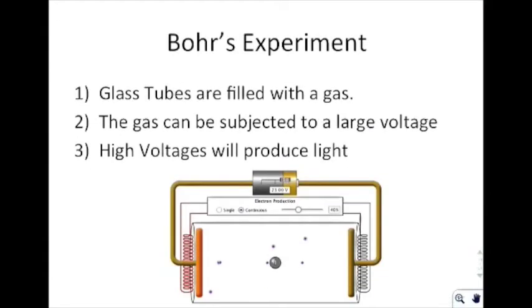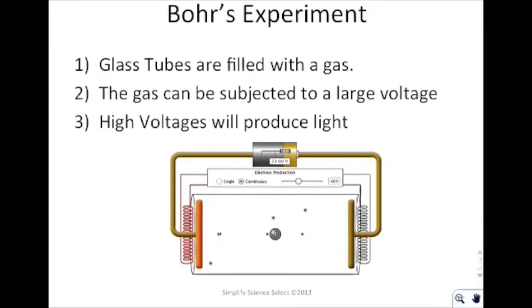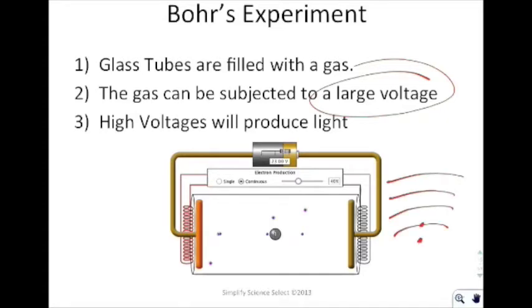Then Bohr did his experiment. In Bohr's experiment, he filled up these glass tubes with a gas, okay? He did multiple different gases, so it doesn't really matter what they are. But he subjected them to a high voltage. Now, what you should know from first year chemistry is that if you subject an atom to a lot of energy, atoms will absorb that energy, and the electron goes up and the electron goes down, and it can produce light. Well, in Bohr's experiment, he subjected these things to lots and lots of energy, and he found these light